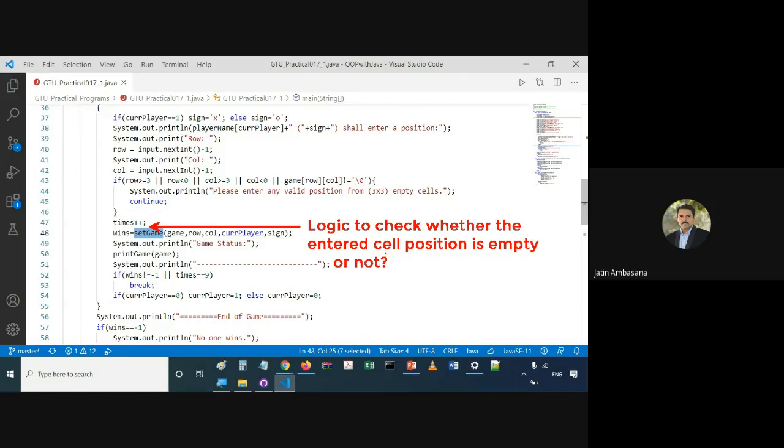We need to check this, and this logic shall be added over here. So we assume right now that it is empty.